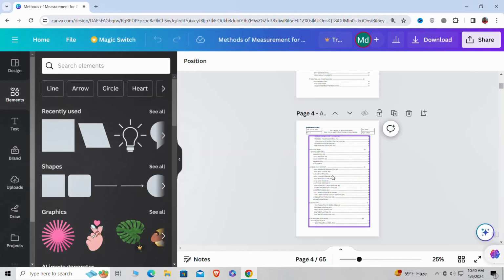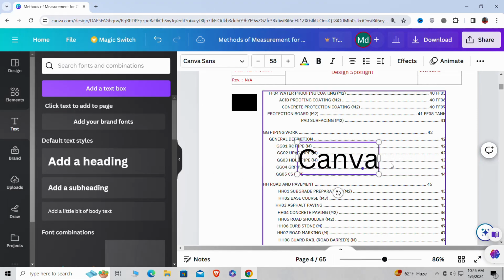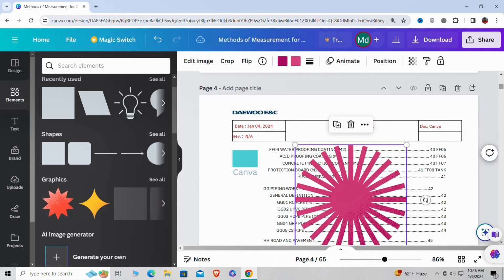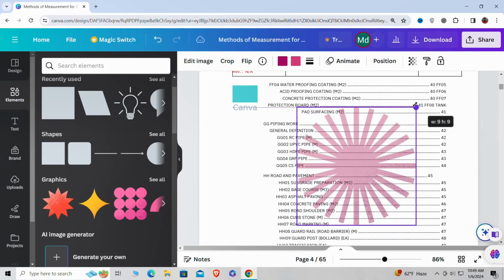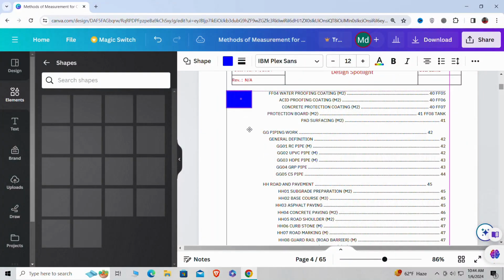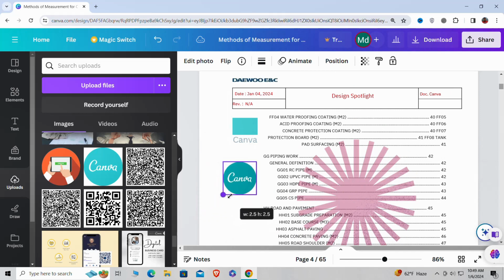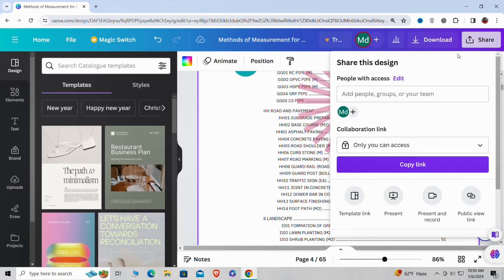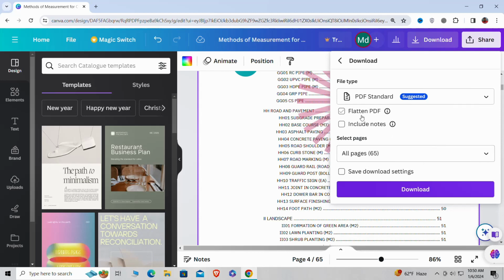After uploading your file, from there you can add text, images, shapes, and other elements to the PDF, as well as edit existing content. After making your edits, you can download the updated PDF file by clicking the download button in the top right corner